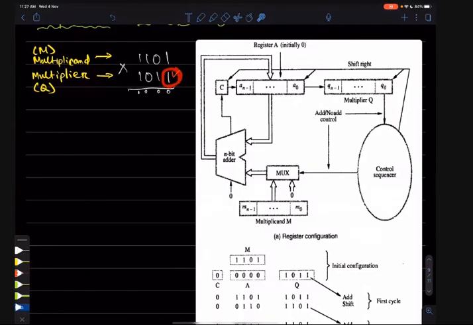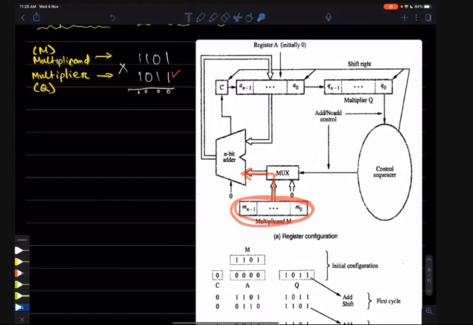Multiplication with 1 means the same bit, 1101. That's why the first bit comes here. The control sequence says that it is a 1, and 1 means we have to add. So it will send it to the mux, and whenever it is 1, this multiplicand will go out to